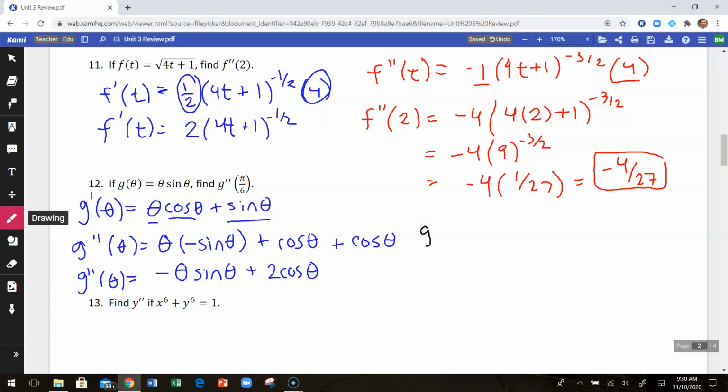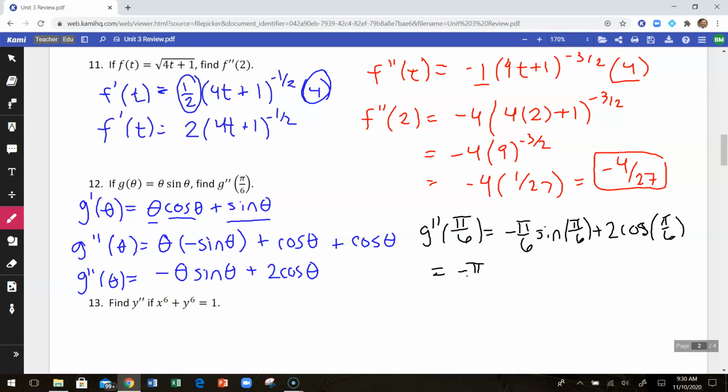Now I can evaluate at pi over 6. So g double prime of pi over 6 is going to be negative pi over 6 times the sine of pi over 6 plus 2 times the cosine of pi over 6. So get out those unit circles. We're going to end up with negative pi over 6 times the sine of pi over 6, which is 1/2, plus 2 times the cosine of pi over 6, and the cosine of pi over 6 is the square root